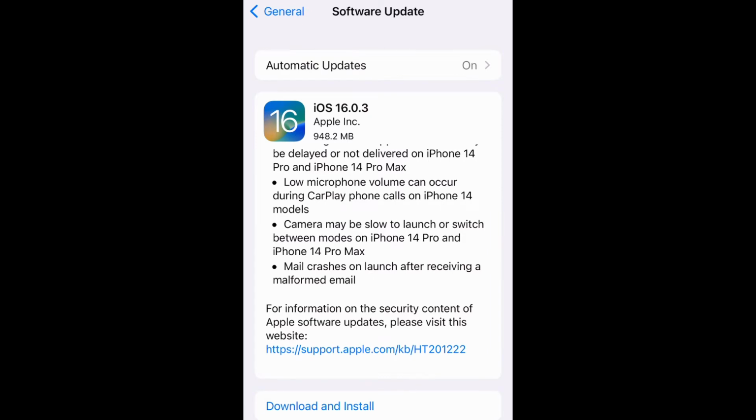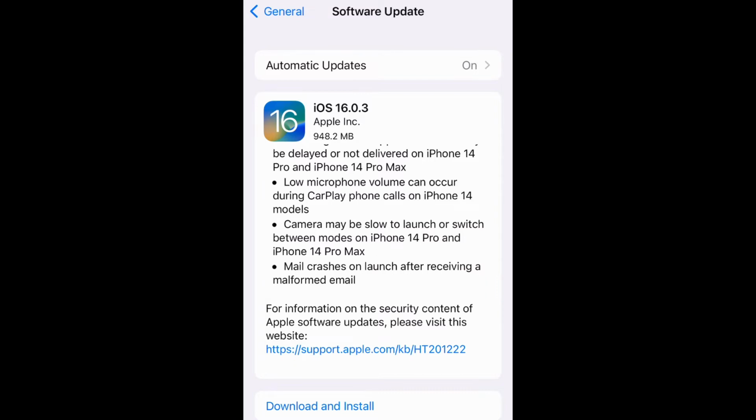And then it says camera may be slow to launch or switch between modes on iPhone 14 Pro and iPhone 14 Pro Max. So guys, it really seems like this update is targeting the iPhone 14 Pro specifically and the Pro Max. So if you don't have one of those phones, you might be safe to go ahead and skip